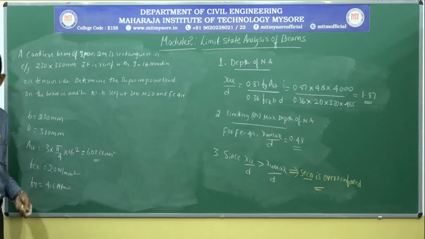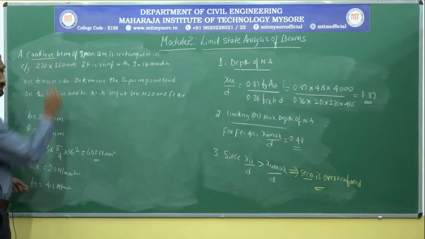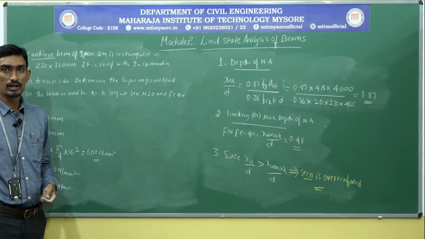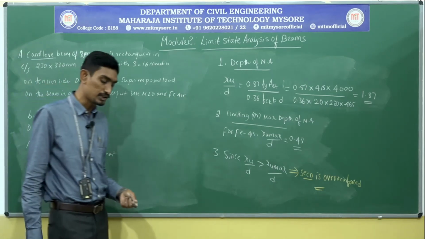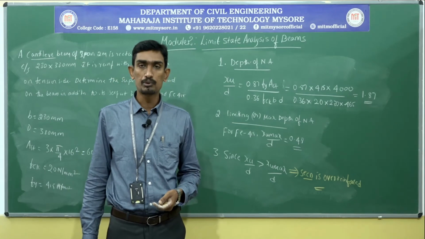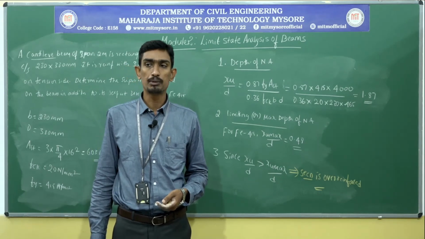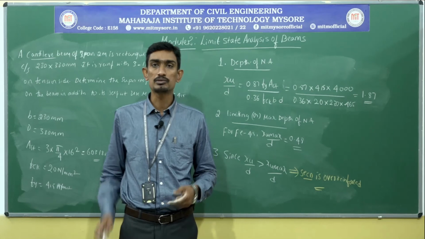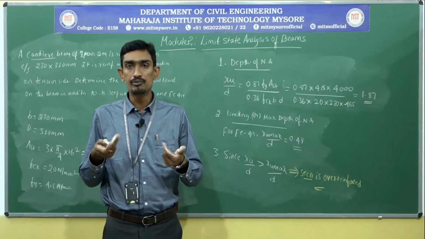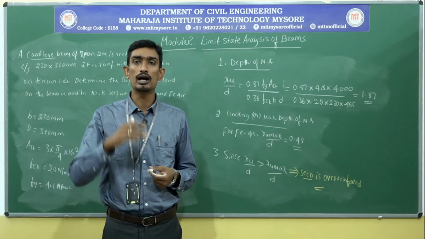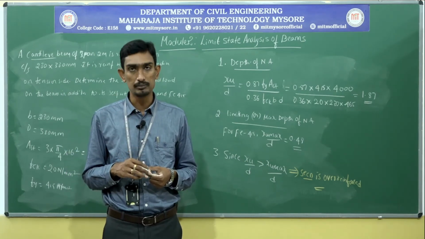603.18 millimeter square. Now the thing we need to observe here is, this is a cantilever beam. In a simply supported beam, the tension side will be on the bottommost zone. But in the cantilever beam, the tension zone will be coming on the top. So please note this point. Since the cantilever beam bends with convexity upwards, the tension zone will always be at the topmost zone or the top fiber.